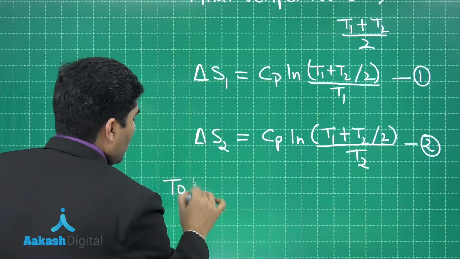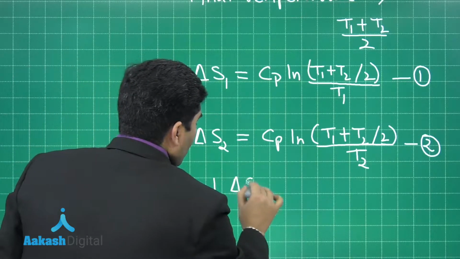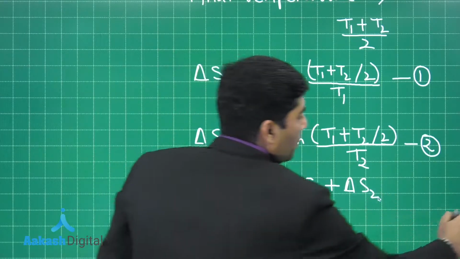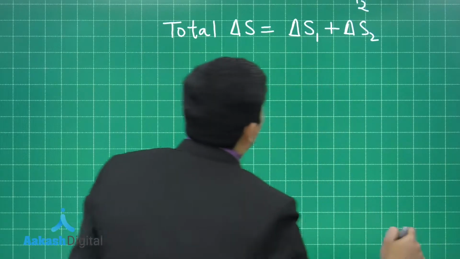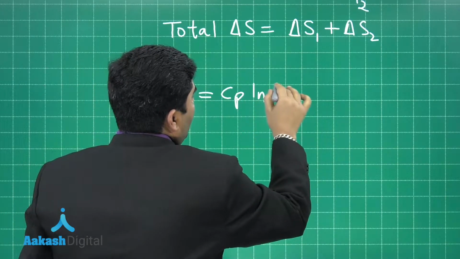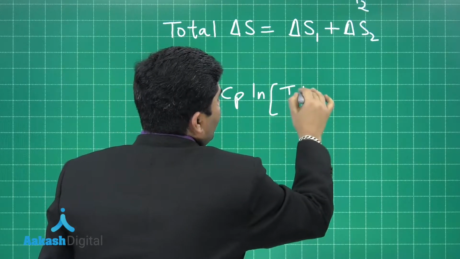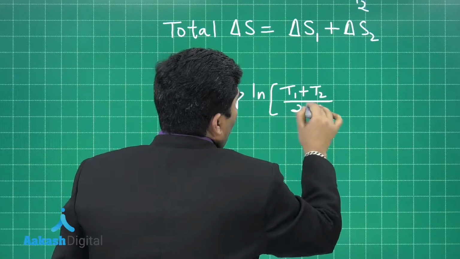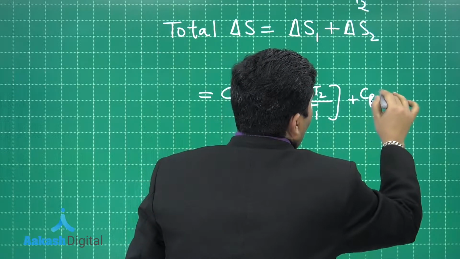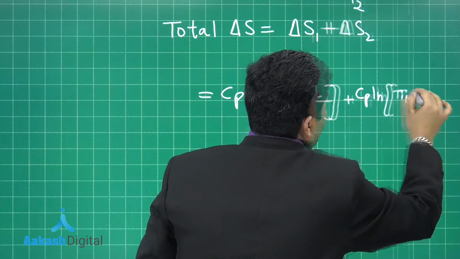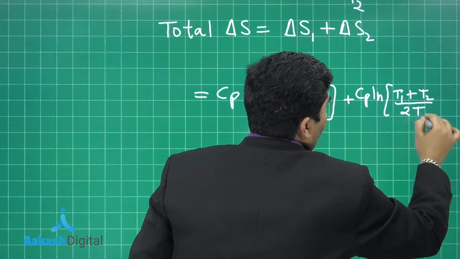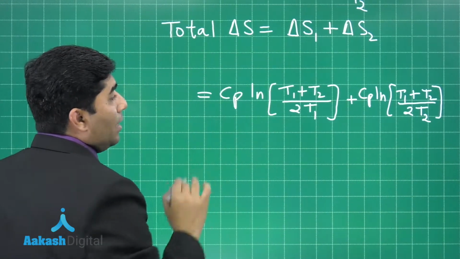The total entropy change will be equal to delta S1 plus delta S2, and if we solve for that, it is equal to Cp ln T1 plus T2 by twice of T1, this is for block 1, right, plus Cp ln T1 plus T2 whole divided by 2 T2, right? Taking Cp common,